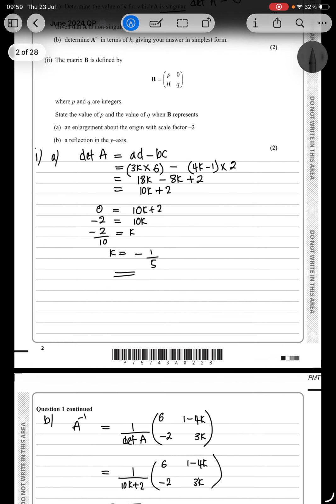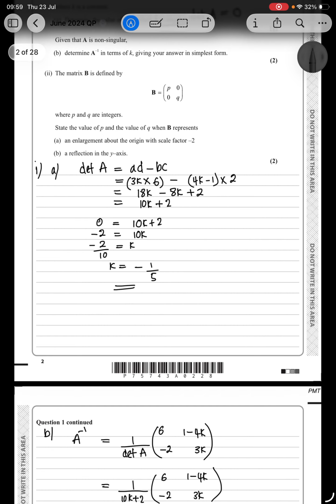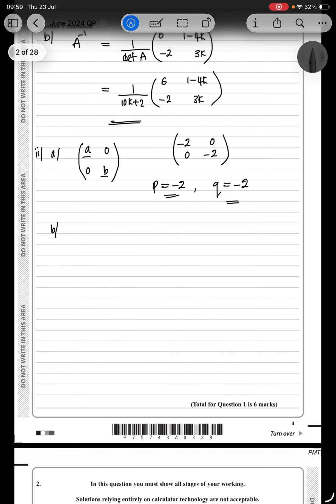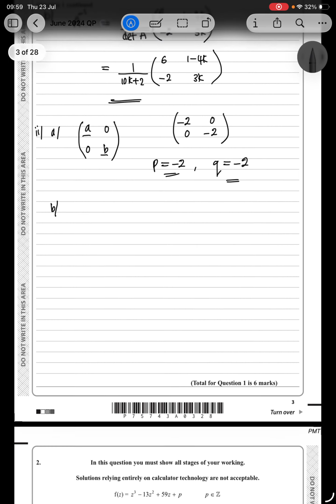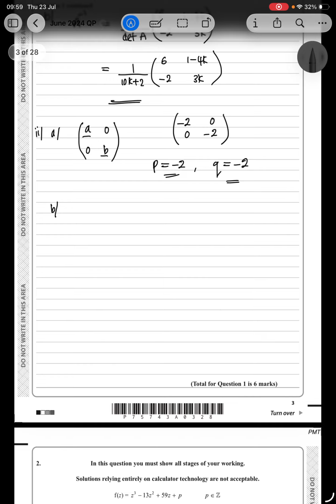Part B, a reflection in the y-axis. The representation of the matrix, or the matrix that represents the reflection in the y-axis, is usually -1, 0, 0, 1. This is something that we have to already know. So we can figure this out